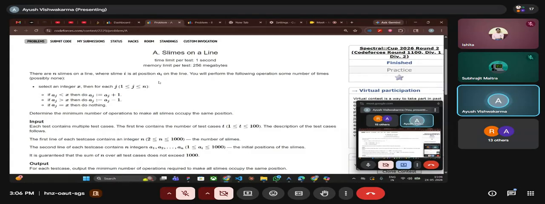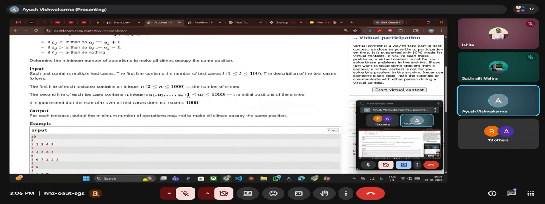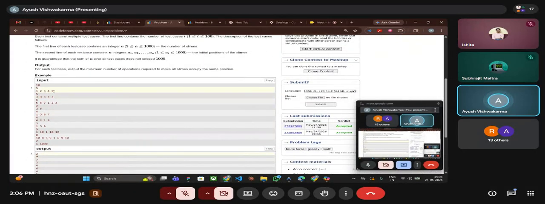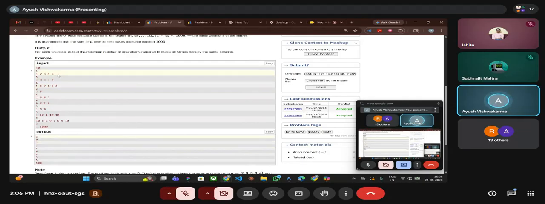So it's a very easy question, the example is given to you. If 1 2 3 4 5 is there, then your answer will be 2, because you can select 3. It doesn't depend on all of the elements. It only depends on the minimum element and the maximum element. Let me tell you why.